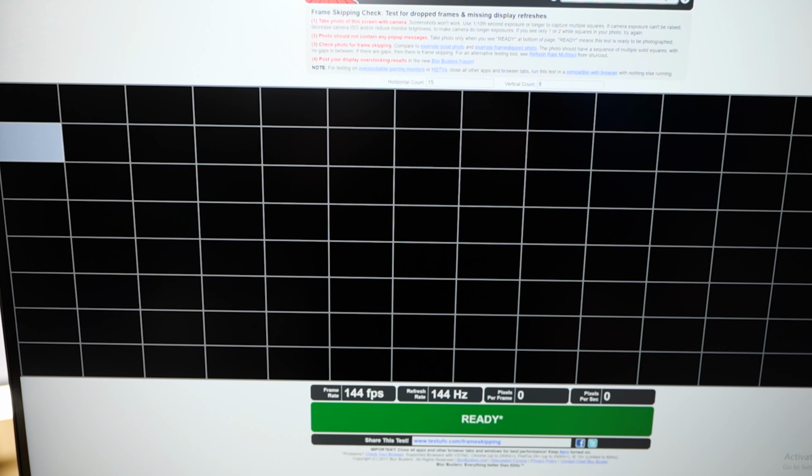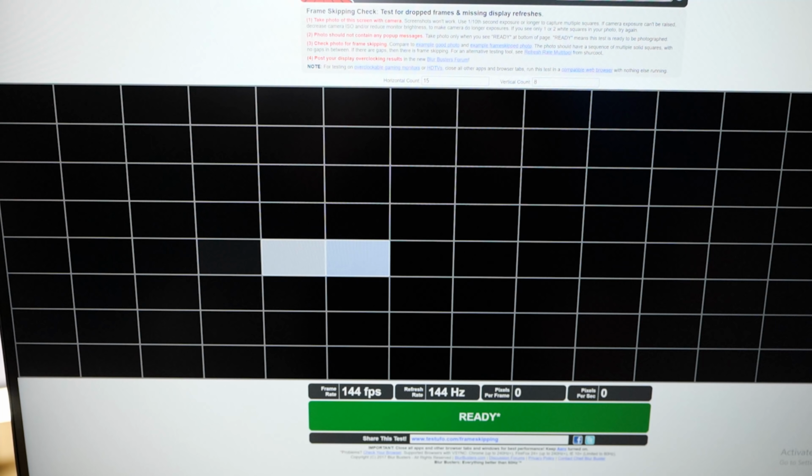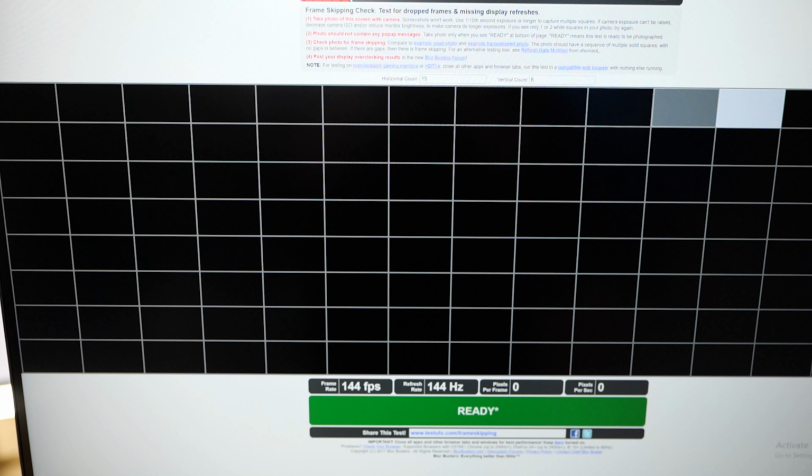Now, what about the Acer Predator monitor that I just reviewed? It's IPS. It's up to 144 hertz. Well, okay, yeah, it is up to 144 hertz input signal, but if we look at the high-speed footage, freeze frame, there's two squares lit up. Let's just randomly select a bunch more freeze frames. It's about two squares lit up. Sometimes you see three squares lit up.